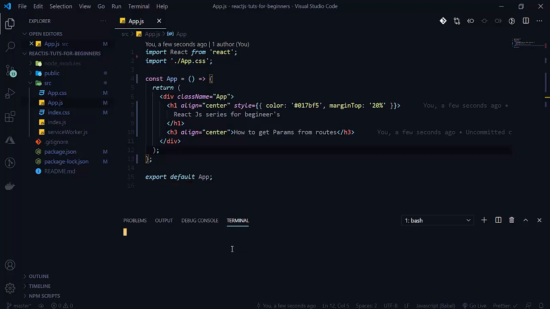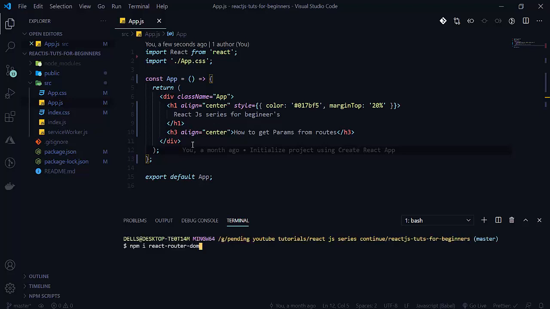Now write npm install react-router-dom. Simply write npm install react-router-dom here. So you will get this package. You will install this package. Make sure that your internet is working properly, because this needs internet.